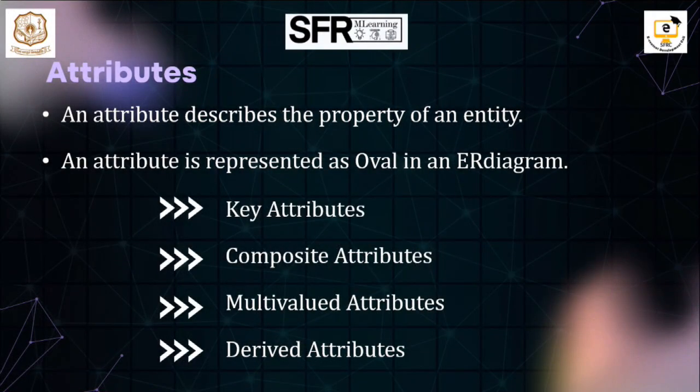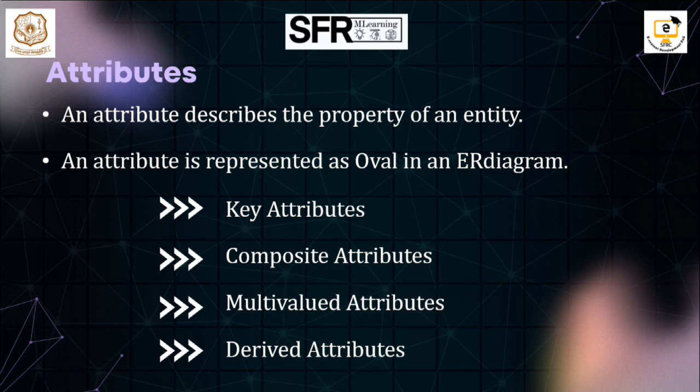Next, attributes. Attributes are the properties that define the entity type. For example, for a student entity, roll number, name, date of birth, age, address and mobile number are the attributes that define entity type student. In ER diagram, the attribute is represented by an oval. There are 4 types: key attribute, composite,